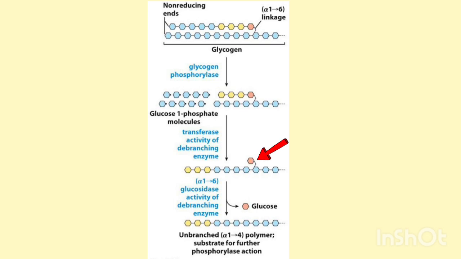Then the glucose remaining at that point is broken down again to form glucose. Then the remaining glycogen is no longer branched, so it is left for the phosphorylase to continue its activity, to keep breaking down. That's why it is regarded as a rate limiting enzyme, because its activity is quite essential for the